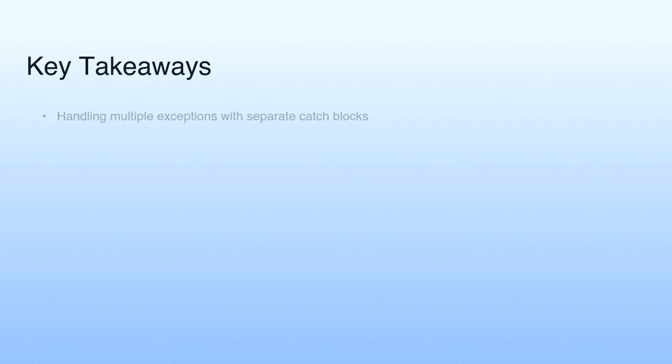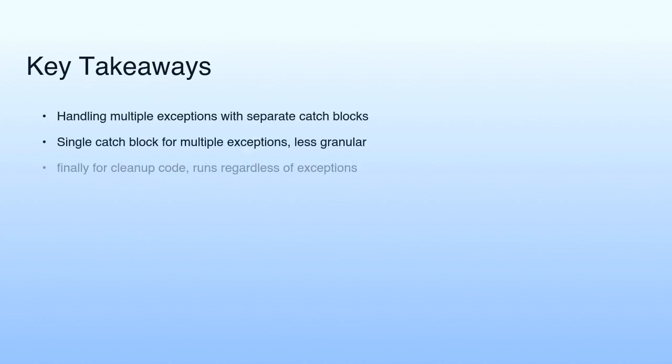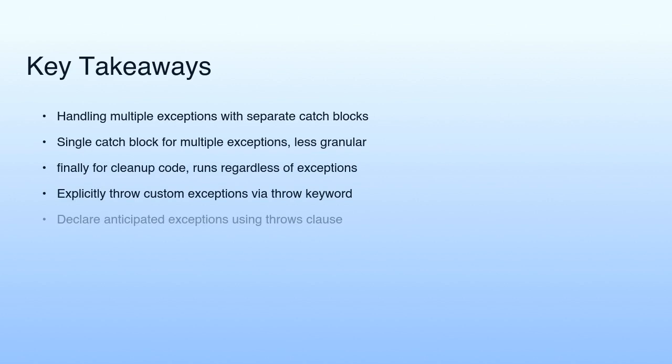To summarize, advanced exception handling in Java involves handling multiple exceptions with separate catch blocks, using a single catch block for multiple exceptions albeit less granularly, employing the finally block for cleanup code that runs regardless of exceptions, explicitly throwing custom exceptions via the throw keyword, declaring anticipated exceptions using the throws clause, and creating user-defined exception classes for custom